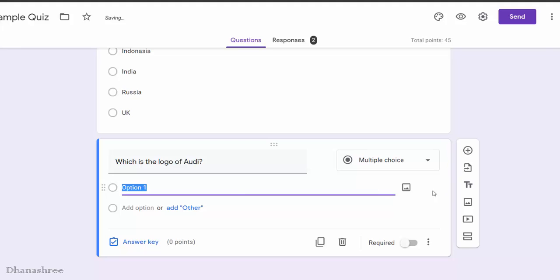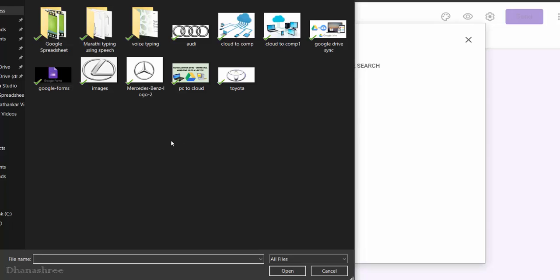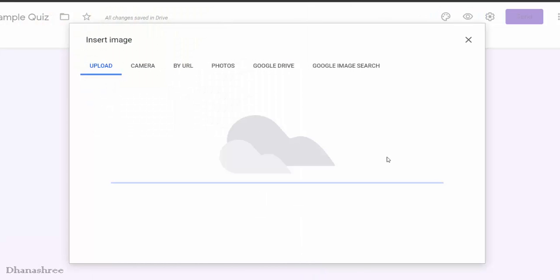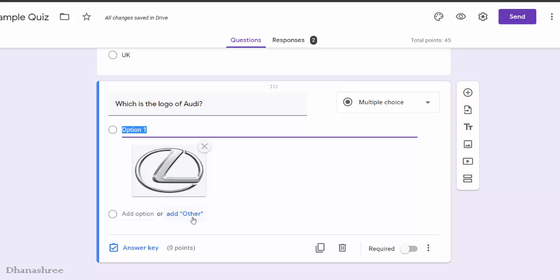So now I want to insert image as an option. So here I will select the upload option. You can take any option. So this is my first image. But just now I have explained using Google search, hence I am showing you with the help of uploading the photo.